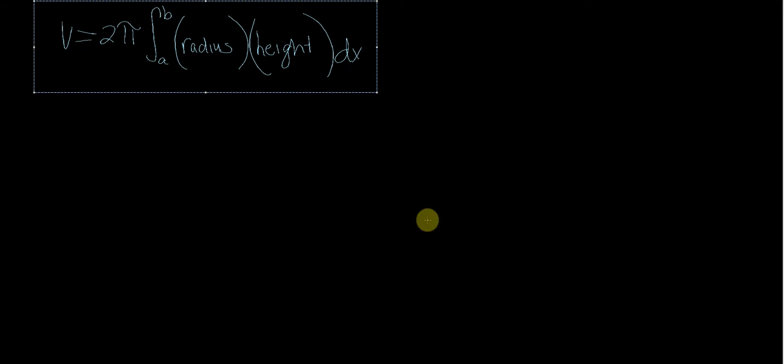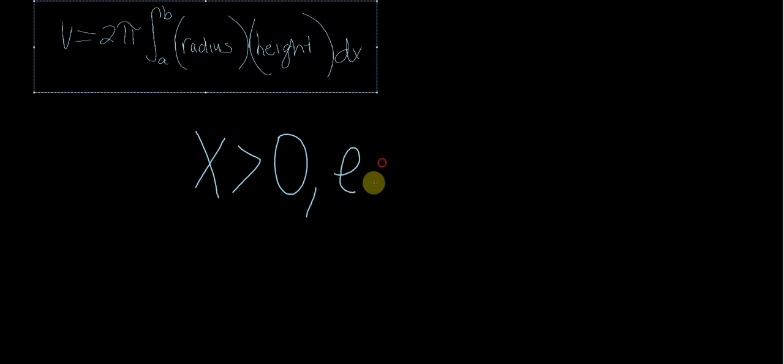So if the axis of revolution is shifted to the right, so x equals positive whatever number, so x is greater than 0, the equation of the radius is the x equals whatever number minus x, and